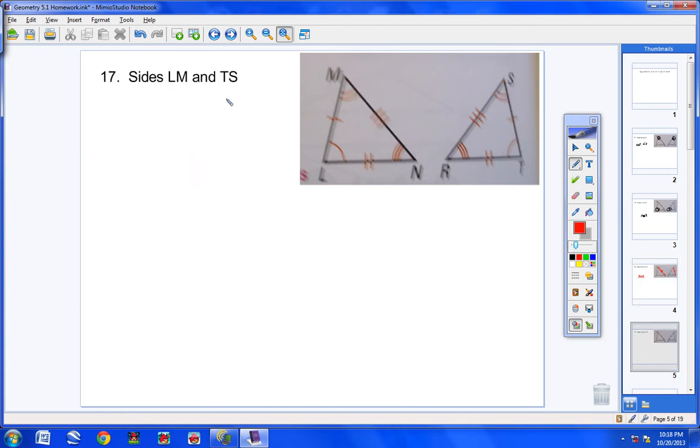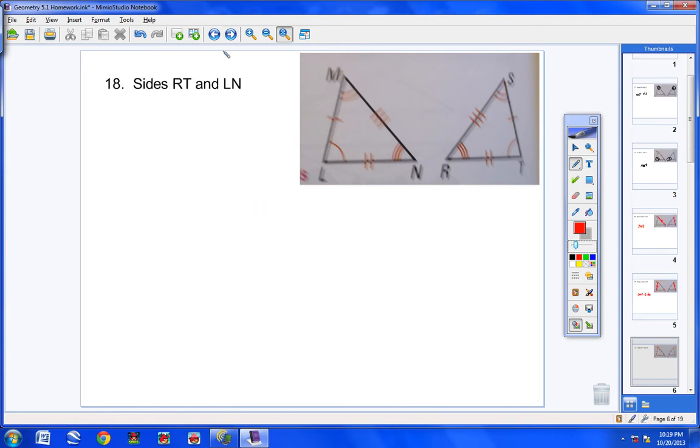Let's take a look at number 17. Side LM and TS. Now that's a little more like it. This side has 1 slash, this side has 1 slash. So yes, they are definitely corresponding sides. All right? That means they go together. All right? Number 18,